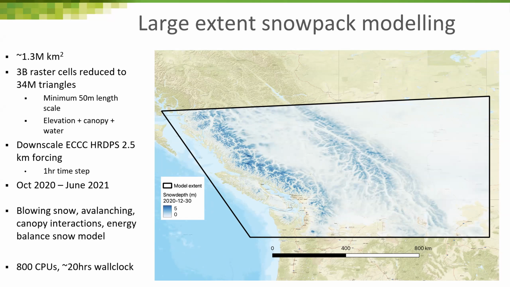I realize that's all a bit quick, but essentially what we're looking at is we're taking something like the raw HRDPS field, which is the uncorrected wind field, and we're turning it into something like the corrected wind field on the right. So we're getting that valley channeling, we're getting those ridge speed-ups, the leeward decreases in speed. And this is done very, very quickly at runtime. And then we can also extend this approach to very large spatial domains, those multiple million square kilometers, which is critical for this type of application.